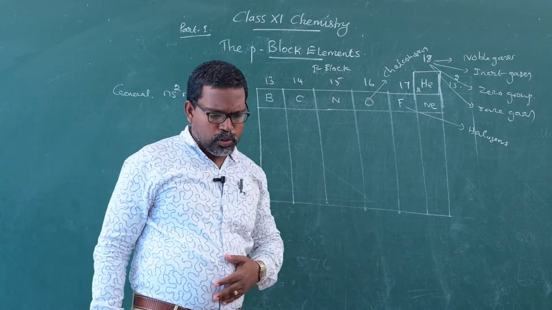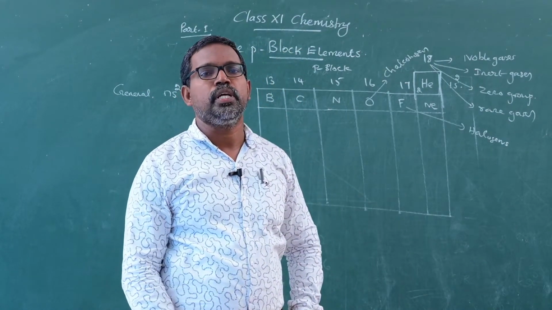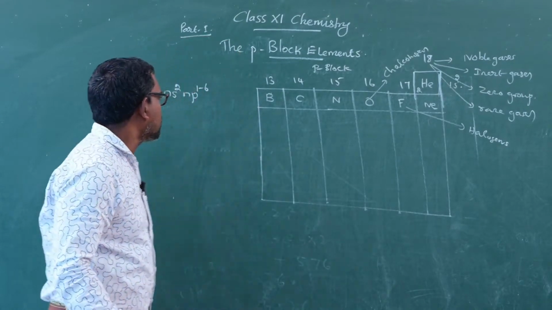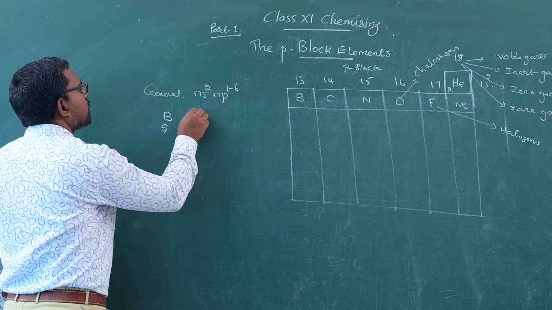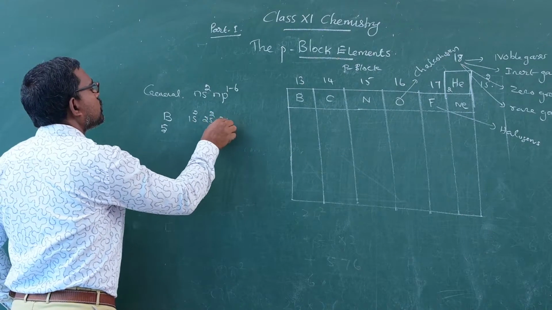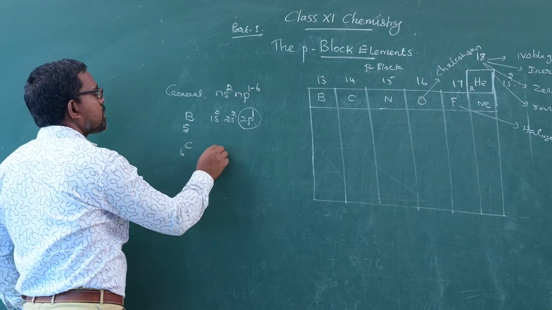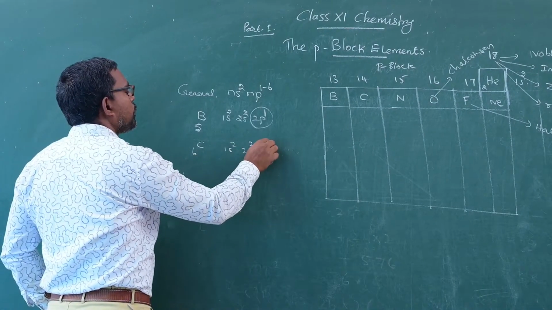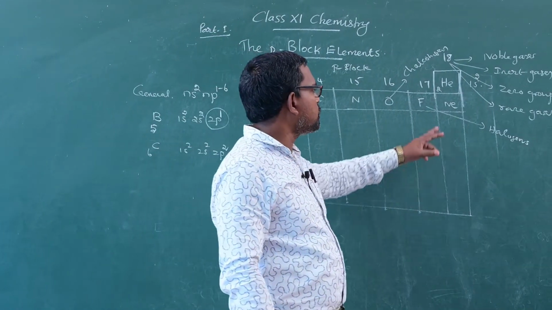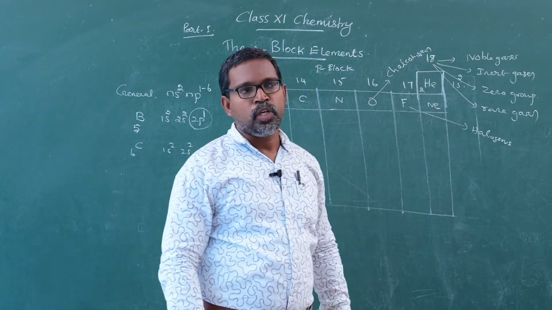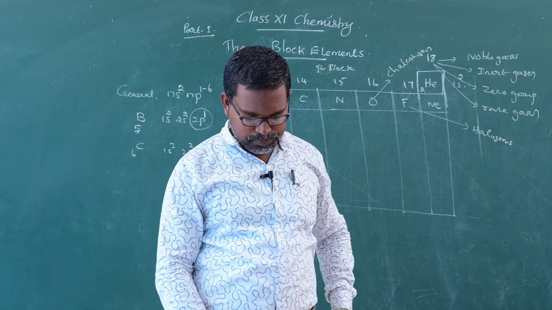In the p block elements, the electrons gradually enter into the p orbitals. For example, boron, atomic number 5, electronic configuration 1s2, 2s2, 2p1. The electron enters into 2p1. Carbon, atomic number 6, similarly has the 1s2, 2s2, 2p2 electronic configuration. The electrons enter up to p6 in noble gases, so the noble gases show the stable ns2 np6 electronic configuration.